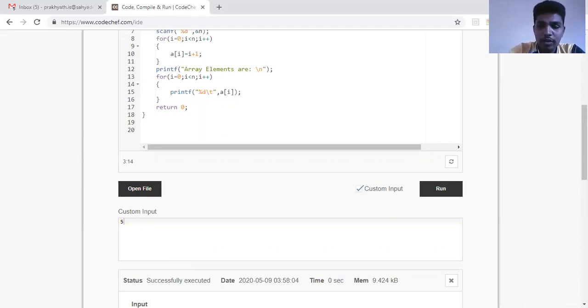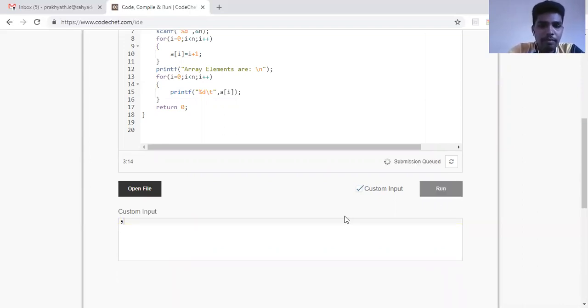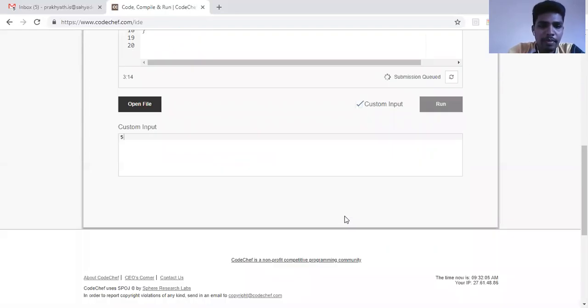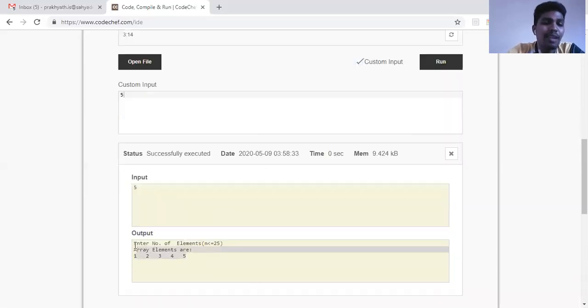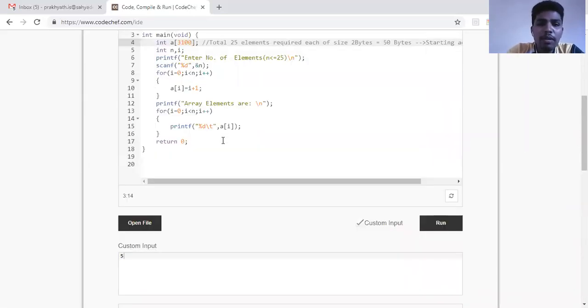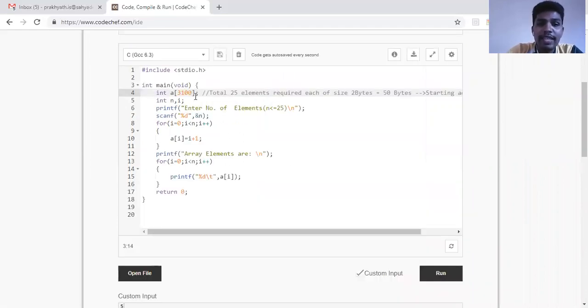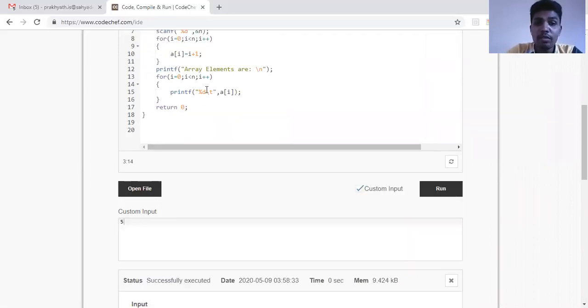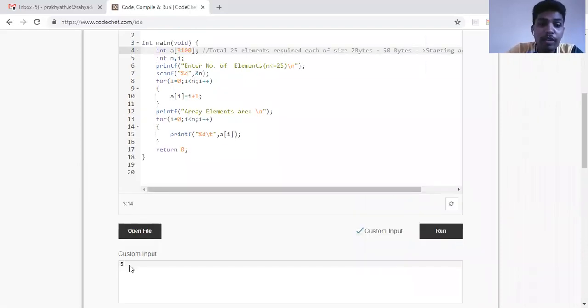So we'll run this code. Successfully, we should get the answer. Yes, we are getting the answer. Perfect, nothing wrong in this. But what is the problem? The problem is I have wasted 3095 rooms because I utilized only 5 rooms. I reserved 3100 rooms, but I utilized only 5 rooms. That means 3095 rooms I have wasted.